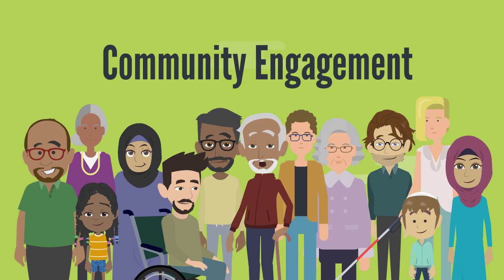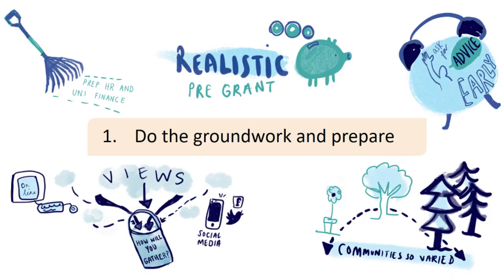The following video highlights 10 guiding principles to help you achieve this. Do the groundwork and prepare. Be realistic and check that you have capacity and appropriate resources to support the very early design and development phase of your research. You may be eligible to apply for the RDS Public Involvement Fund. With the help of the community leaders, you can also evaluate risks and ethics specific to the groups you wish to engage, such as vulnerability, mental capacity.